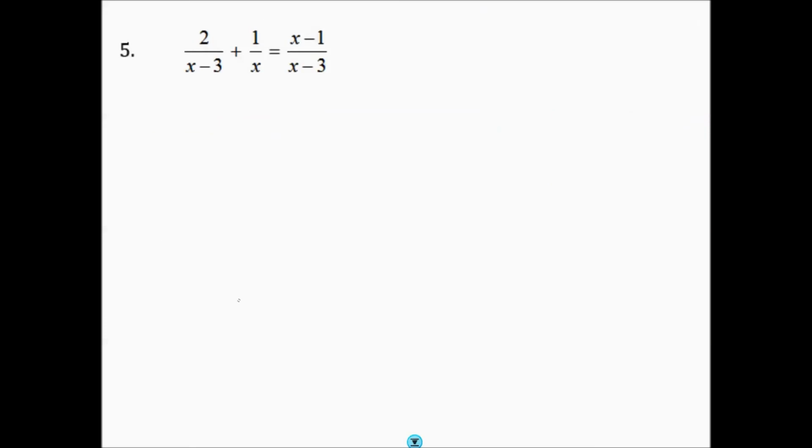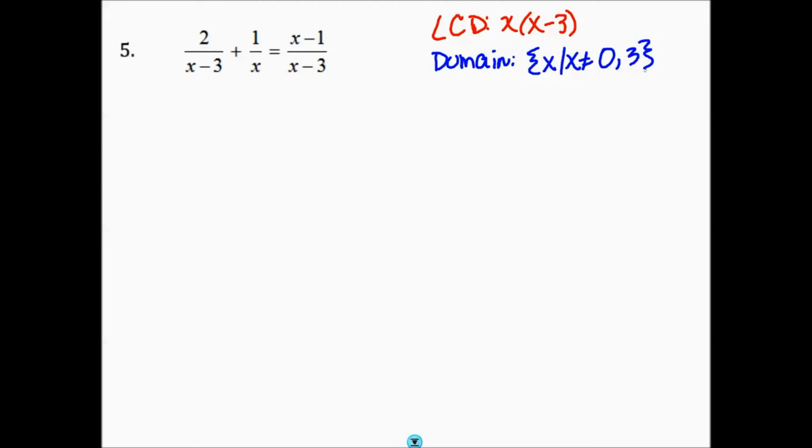For number 5, we don't need to factor any of the denominators because they're all linear, so we just need to go ahead and find the LCD. And that'll be x times x minus 3. Then if we set that equal to 0 and solve, we get that our domain can be anything except 0 or 3. Now, if we multiply all of our terms by the LCD,